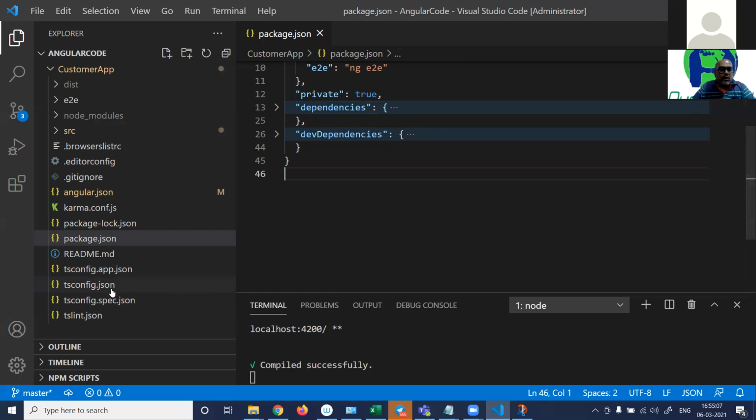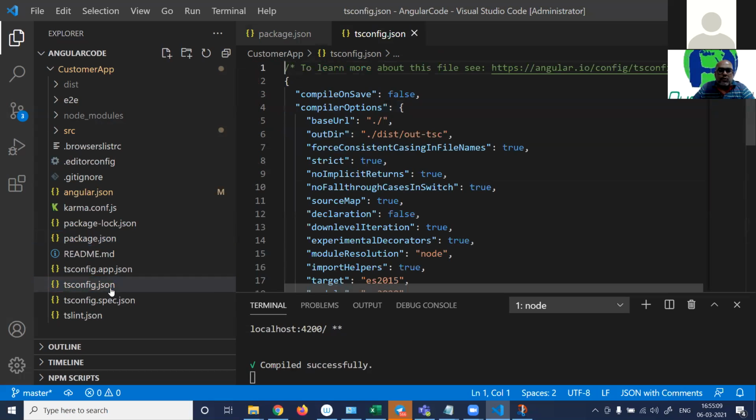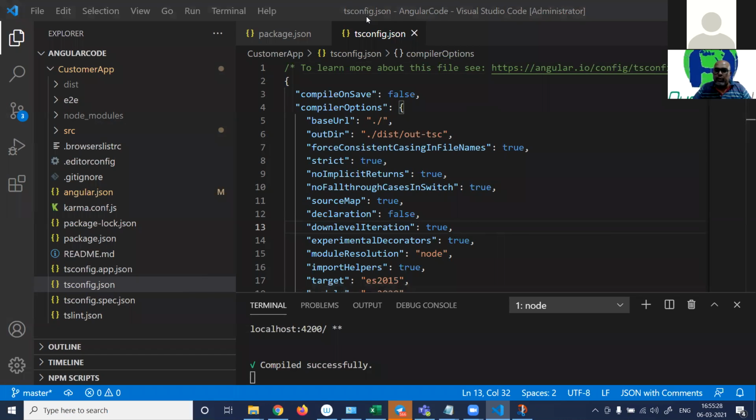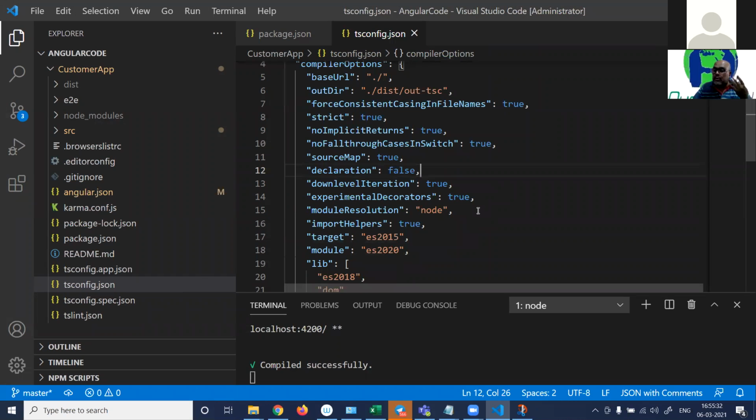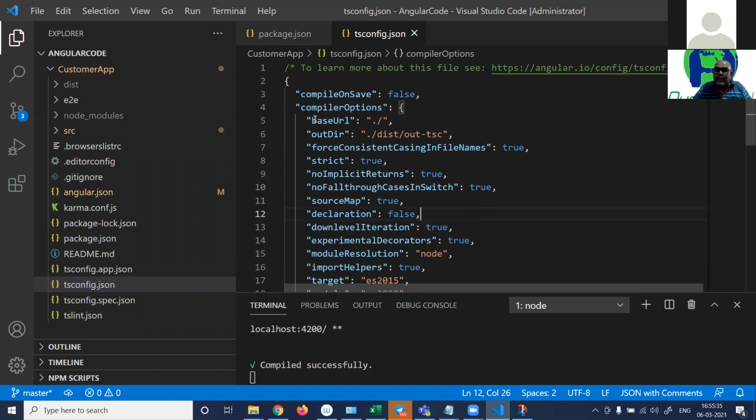Also, you can see there is a tsconfig.json file here. Do you guys remember the tsconfig file, everyone? Please say, do you remember this file? The tsconfig.json file is what the TypeScript compiler looks at, its compiler options, to compile things, right?